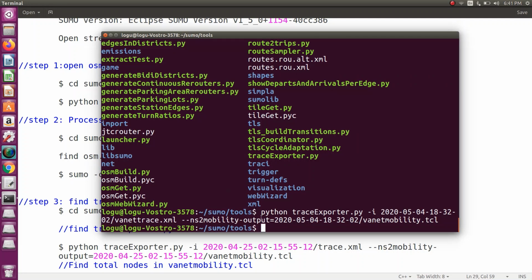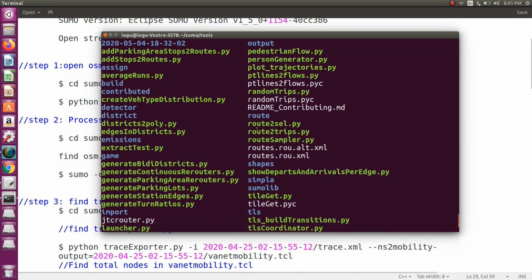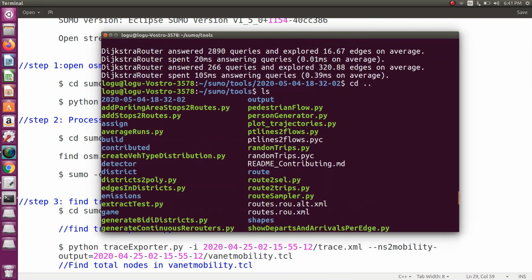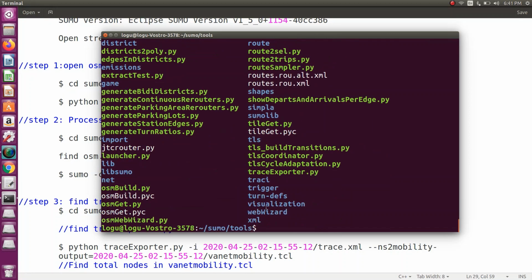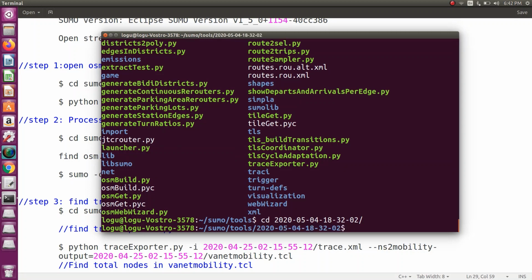So now that file will be generated in this folder. Okay, so you can go cd, then ls.